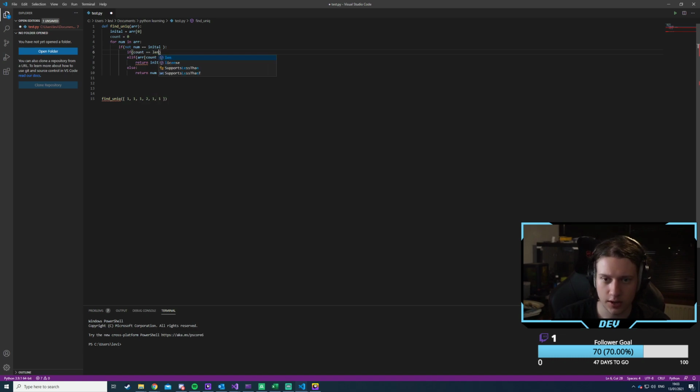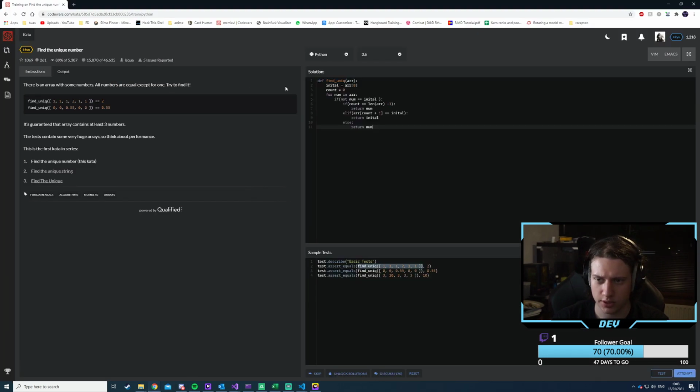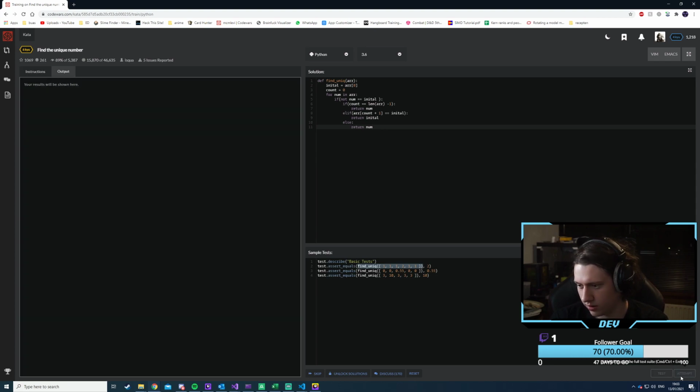Oh no, I think it's just len array, and that would be -1, right? So if that's the case, then return num, and otherwise if +1 is equal to, yeah, okay, I think this should be good. I think this should handle all cases. So let's paste this in and have it run.